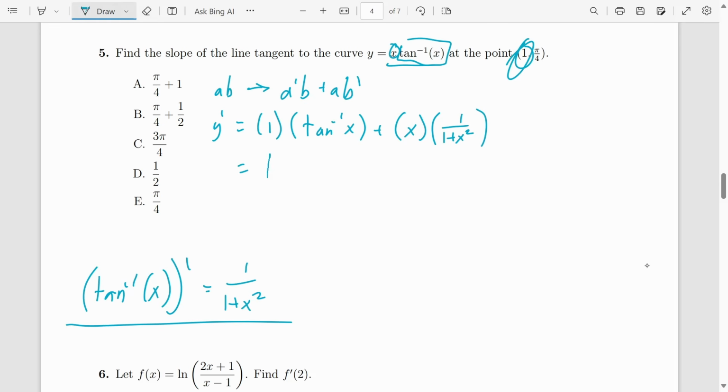We've got inverse tangent of 1 plus 1 times 1 over 1 plus 1 squared. That's a lot of ones. Anyways, this is the hardest part of this whole thing. Inverse tangent of 1. If I'm thinking about it correctly, that's going to be pi over 4,